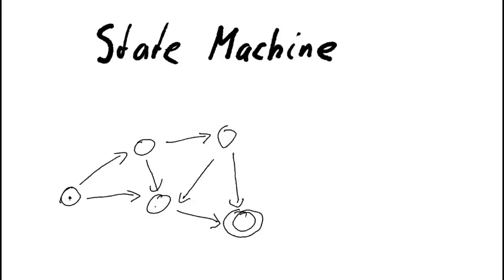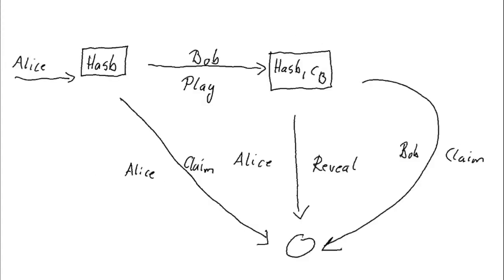And what does that have to do with blockchain and with our examples? So if we look again at the diagram we had earlier for how our game works, then we can consider that a state machine. So the initial state would be this one here, where the first player has made the move, and the state is basically characterized by this datum, by the hash. And in this state, there are two possible transitions. One where the second player plays, Bob plays, and the second one where it doesn't play and the first player can reclaim. So all the nodes in this diagram correspond to states,